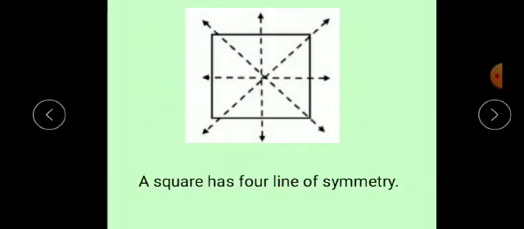Consider, for example, this is a square. If we make two parts of this square by drawing this line from the center, what does it mean? If we draw this line, then we get two separate parts, this one and this one. If these two parts are exactly same, what does it mean?